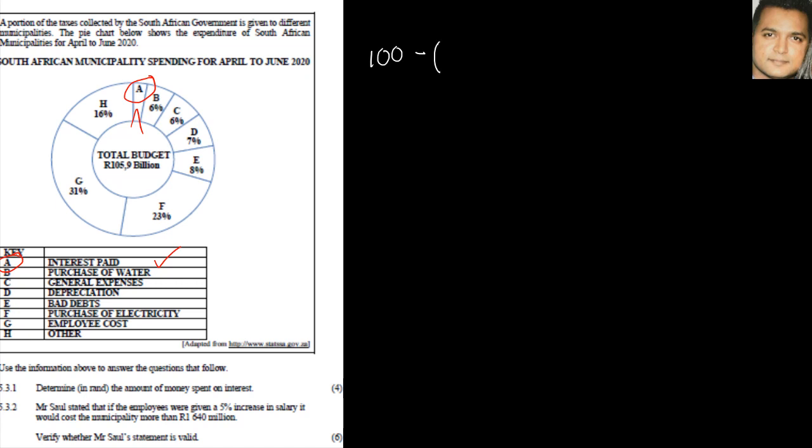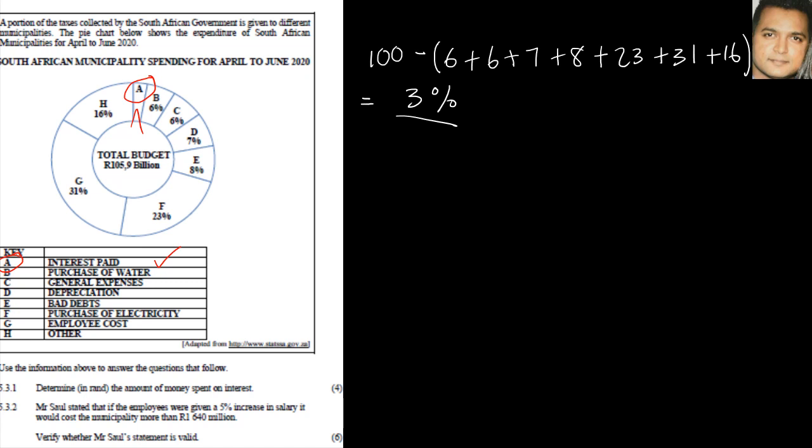answer for A. The other option is you could add up all the amounts. For instance, 6% plus 6% plus the 7% plus the 8%. Keep in mind that you must not leave out any percentages as you are writing, because in exams you tend to rush and you tend to leave an amount off by accident, and this can cause errors in your calculation. So double check that you've entered all the percentages, and so subtracting this we get an answer of 3% for